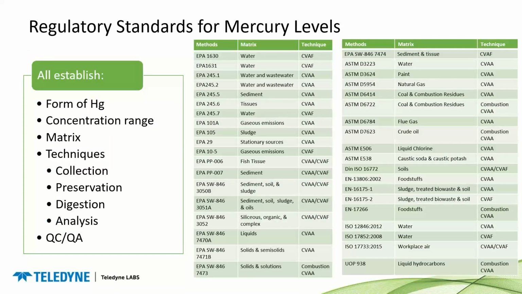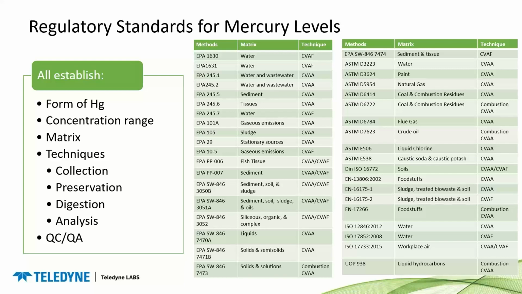And there are dozens of promulgated methods from government agencies that are approved for testing of mercury. This chart shows an extensive list that just focuses on cold vapor atomic absorption and cold vapor atomic fluorescence techniques. Each method will specify what is required: what form of mercury can be tested using that method, the concentration range, which can be really high range or really trace levels, what matrices are appropriate, water, wastewater, coal and combustion, foodstuffs, and what technique,